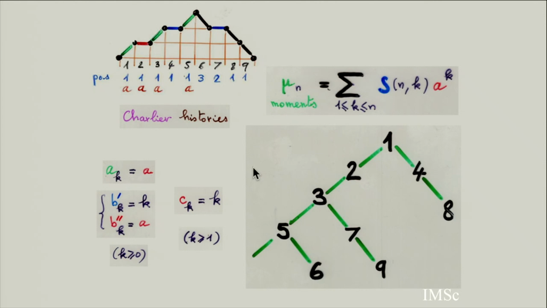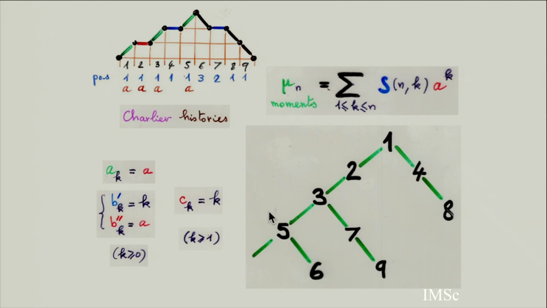I will not use this Charlier history with the PASEP, but I will use the Hermite history. But I just give you this to show that all the Scheffer polynomial, these 5 classes of orthogonal polynomials, the moments can all be deduced from the Laguerre bijection. This bijection, we made it with Françon in 1978. So this was before the Flajolet fundamental theorem. So we had many bijections, many histories, everything, and we did not know we were doing the moments of orthogonal polynomials. And then Flajolet came and said, oh, but this is a continued fraction, this is orthogonal polynomials. And so there was a renewal of all this beautiful combinatorics.